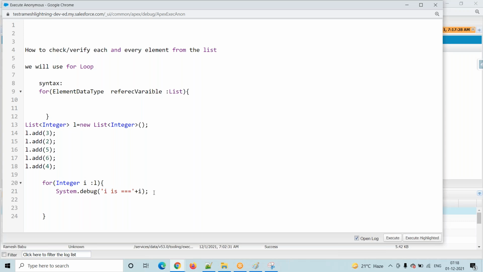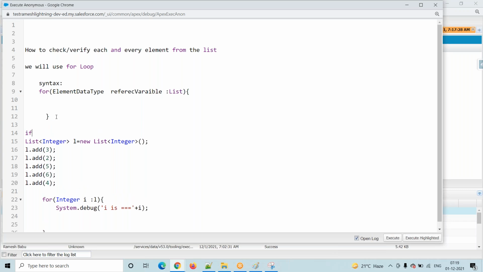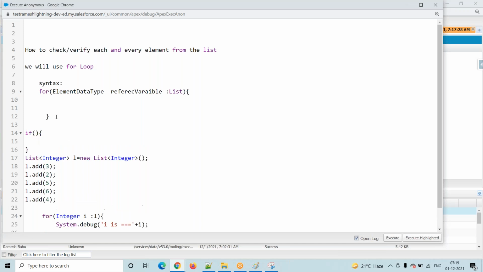If I is equal to 6, then I want to perform something, which means we have to write an if condition here. How to write an if condition? The syntax for the if condition is nothing but if, open bracket, close bracket, open curly braces, close curly braces. Here we have to write our condition. If the condition is satisfied, then only it will enter into this block.